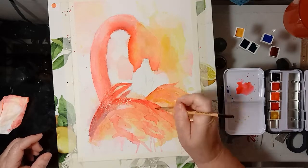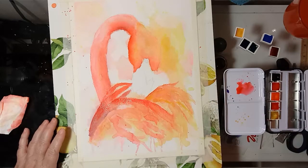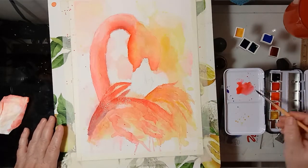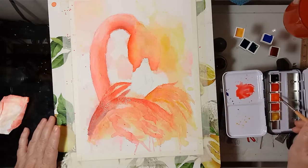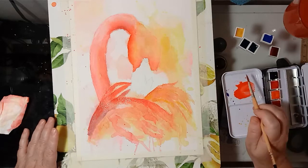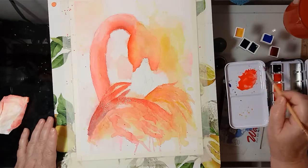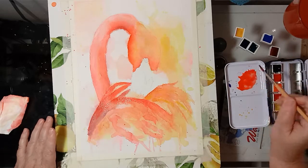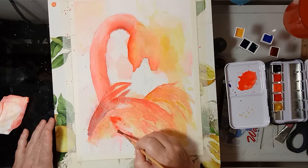And again, I'll break this up with just a little. Okay. And I want this down here a little bit. I'll put some orange in that. Got carried away with the orange, I think. Okay. Just kind of